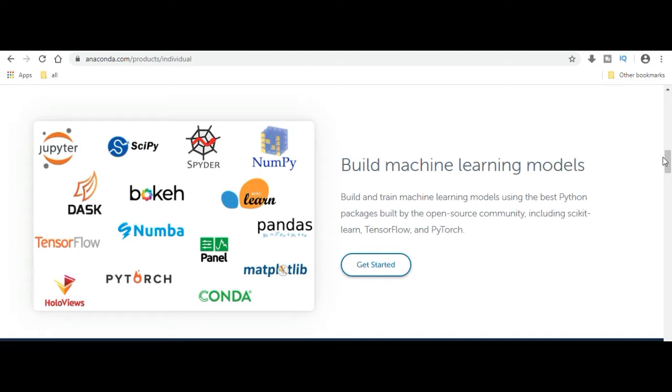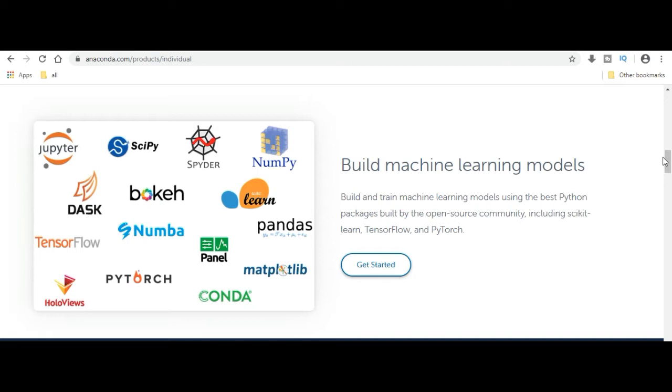With this one Anaconda distribution, there is no need to install all the Python packages as individual packages. Once we download this Anaconda distribution package, when we are working on the machine learning process, there is no need to install the Python libraries in between the process. And we have NumPy, SciPy, Pandas, Matplotlib, Scikit-learn, TensorFlow, PyTorch, all the other packages are also included.